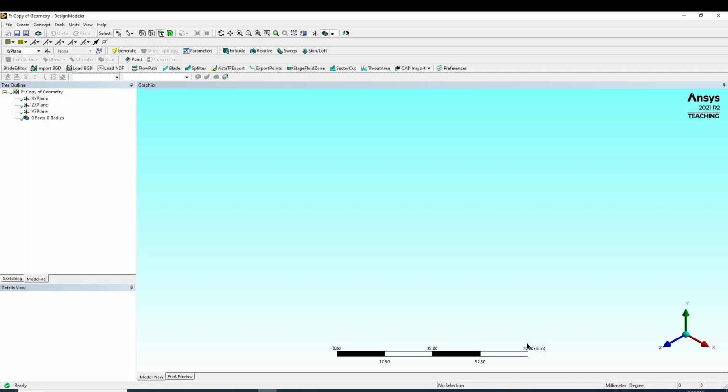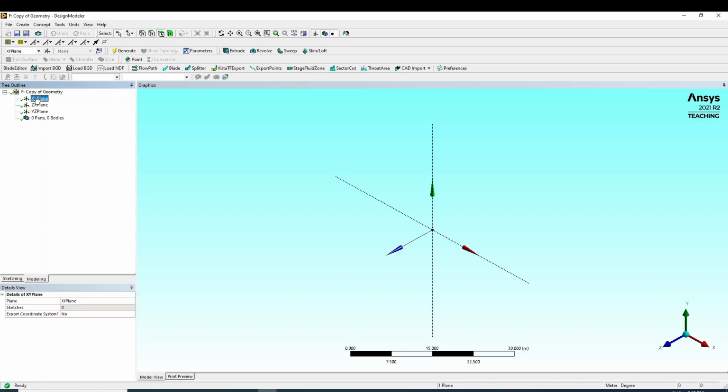What is the advantage of this? Suppose I am having the geometry in 1 mm. I am having suppose a square of 1 mm. Presently graphics is of 30 meter in dimension. Okay. Now I want to create the geometry of a square having 1 mm length, 1 mm height. I am creating this one.